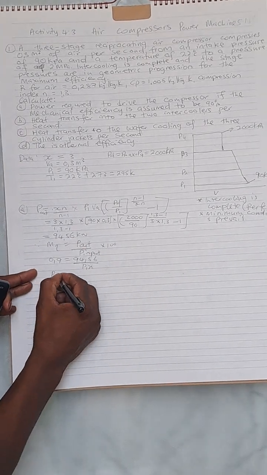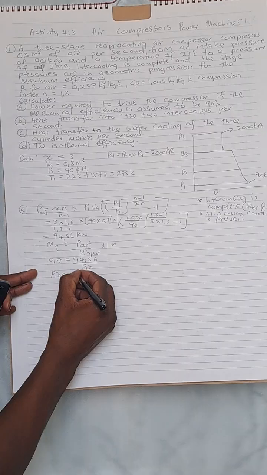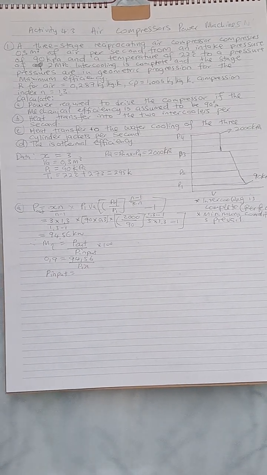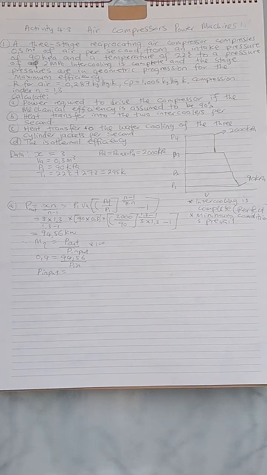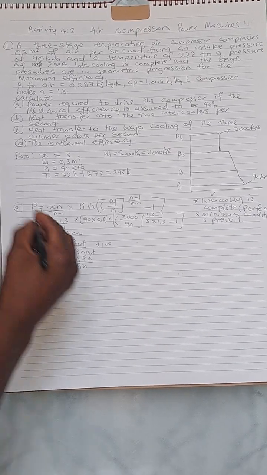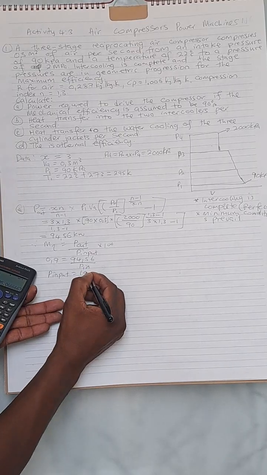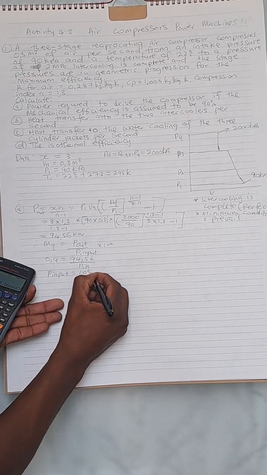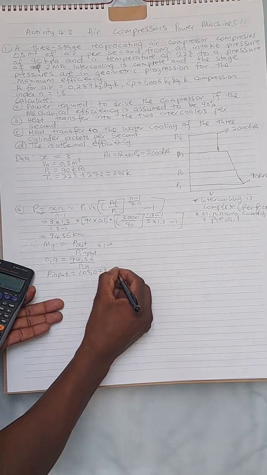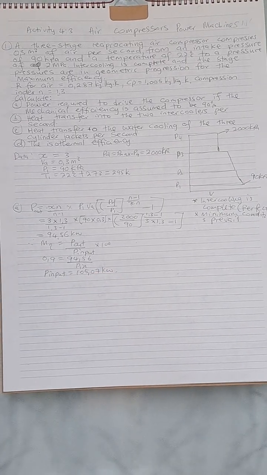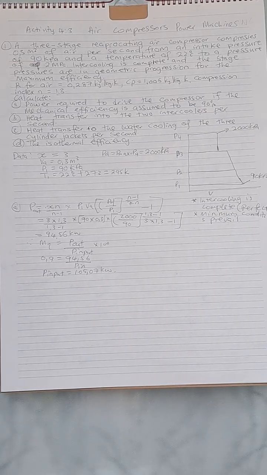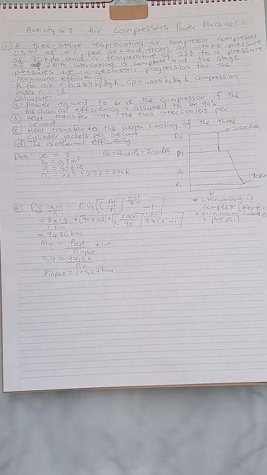So if we substitute here, 94.56 divided by 0.9, I'm getting something like 105.07 kilowatts. So that becomes our input power, the power required to drive